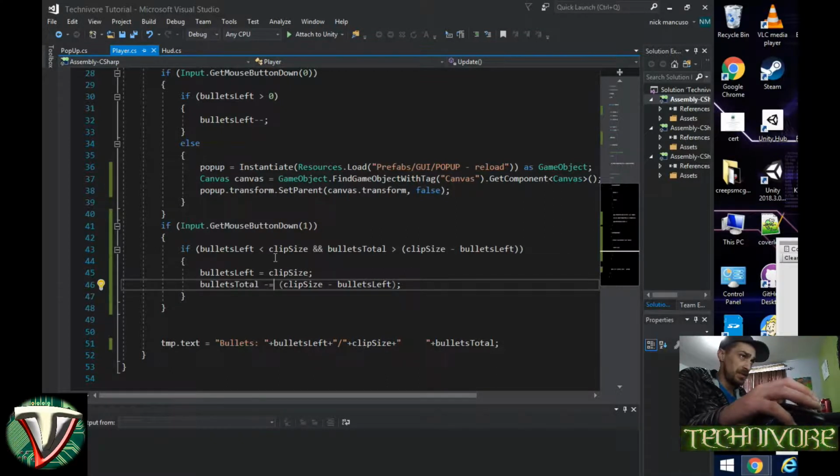There is another condition, though. So, 19. Take it down to 3. It won't let me reload because I don't have enough bullets. So